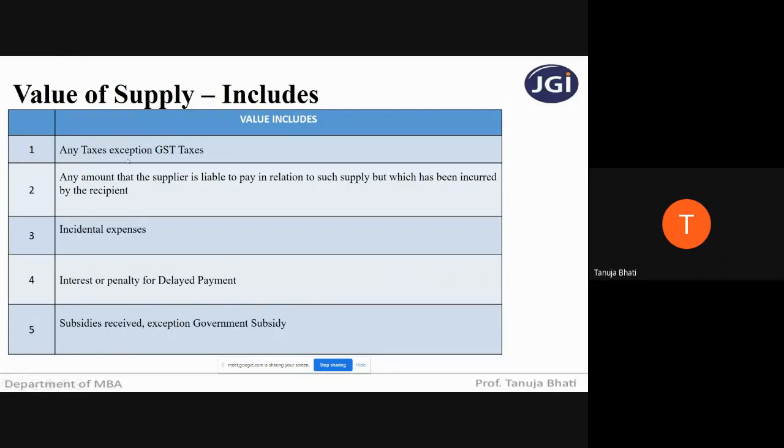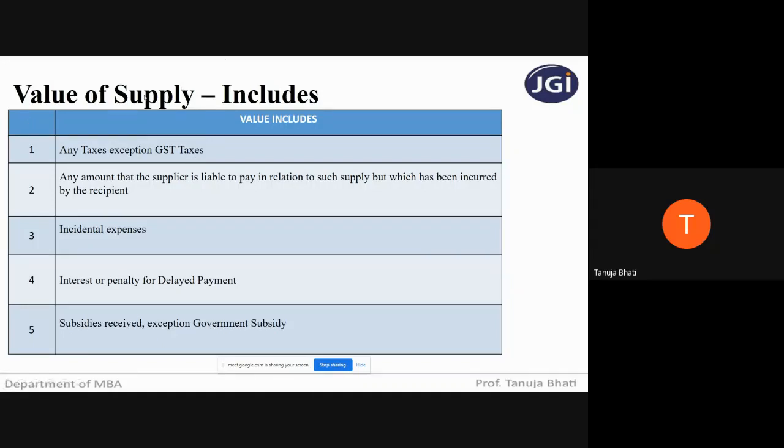Whatever taxes the municipal authority collects also has to be included in the transaction value. Suppose it is not included, then you have to include it. Suppose 50,000 already includes the taxes, then you need not include them. Exception GST taxes,